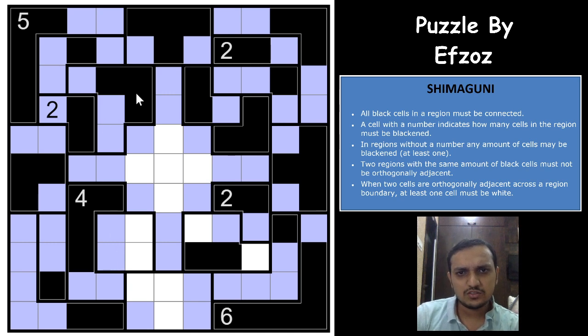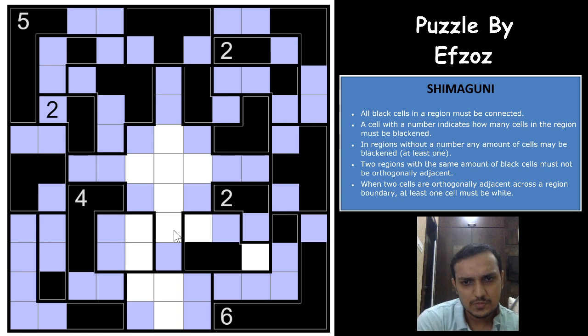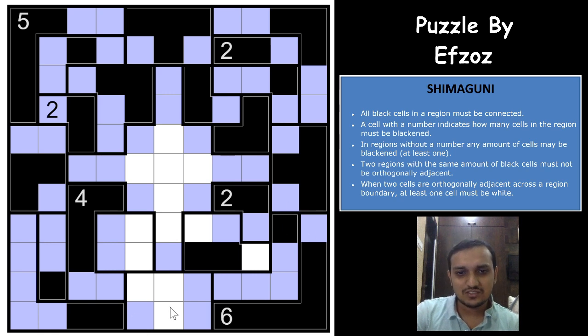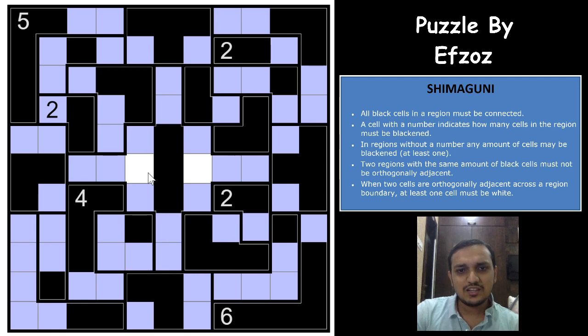So this is 1, this is 3, this is 2, this is 3 again, this is 2, this is 4. So this region can have 1 or 5 cells shaded, or even 6. Oh, extremely sorry guys. This region cannot have one shaded cell, right? You already have one shaded cell here. So this would have to be 3. This becomes 1. This becomes 4. And then this becomes 5.